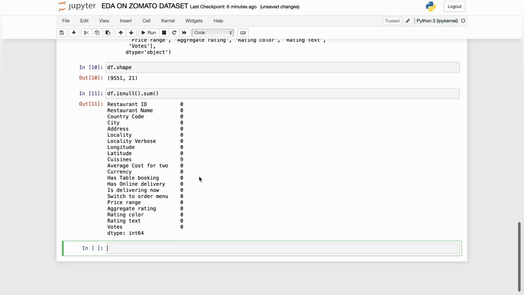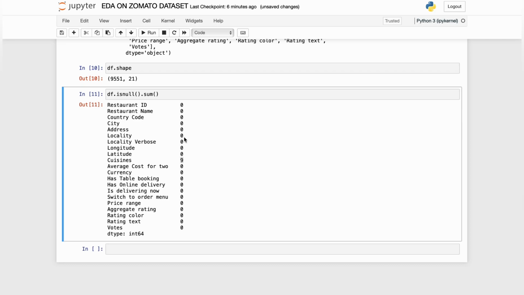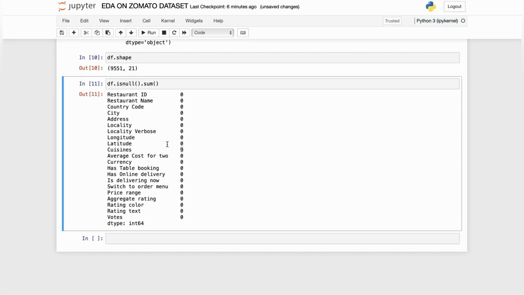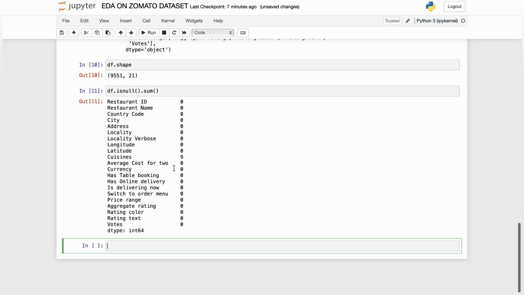So here we can see that we only have 9 values which are missing in the data, and which are from the cuisine column. We can just remove these, or we can keep them, as it does not affect the analysis part of the data, because we only have 9 values out of the 9551 values. So moving forward,